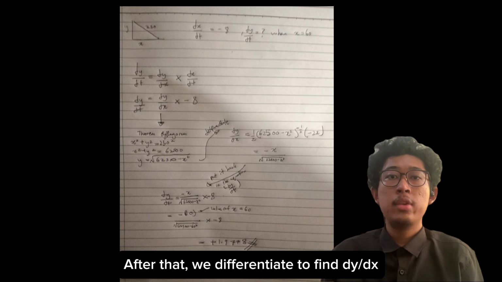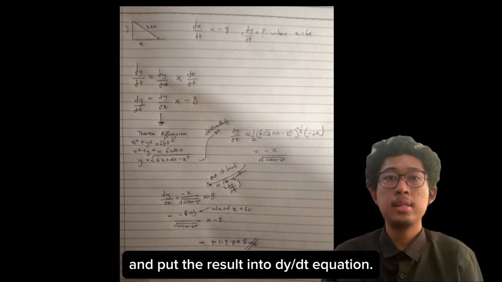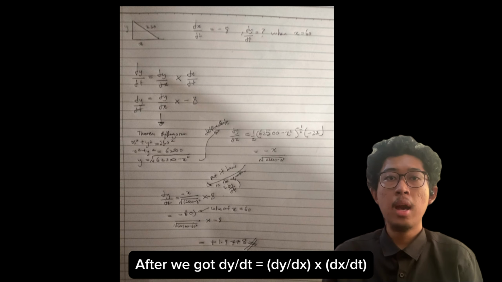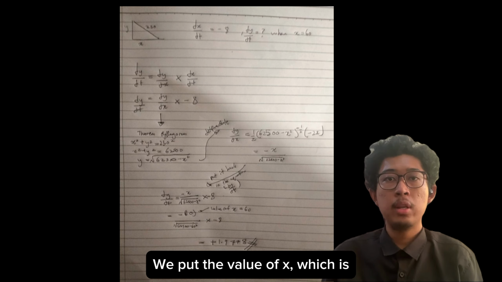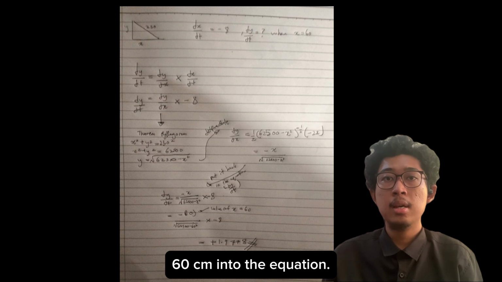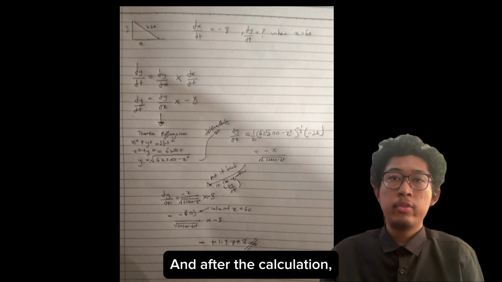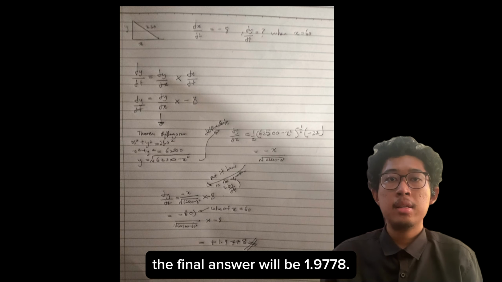After that, we differentiate to find dy/dx and put the result into the dy/dt equation. After we got dy/dt equals dy/dx times dx/dt, we put the value of x, which is 60 centimeter, into the equation. And after the calculation, the final answer will be